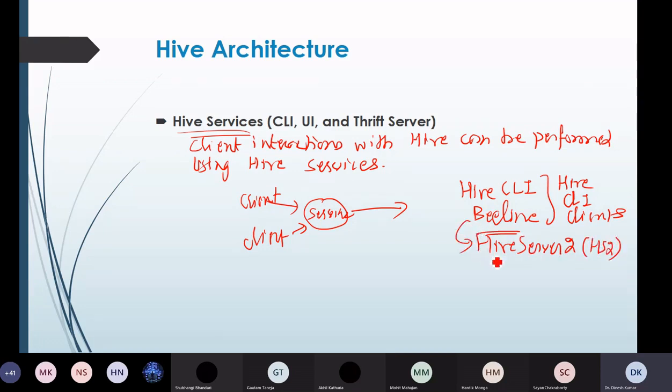This Beeline is supported by Hive Server 2, where the user can submit queries and commands to the system. So Hive services is basically how the client interacts with Hive, and this component takes all those requests first.